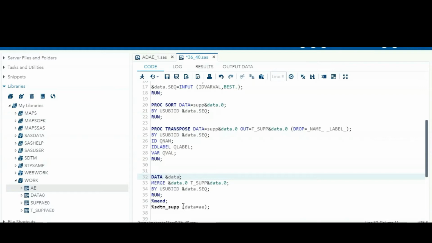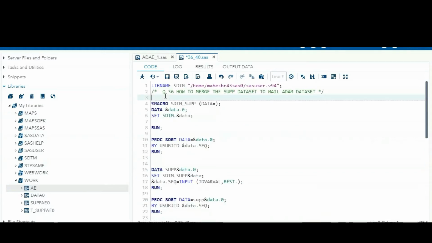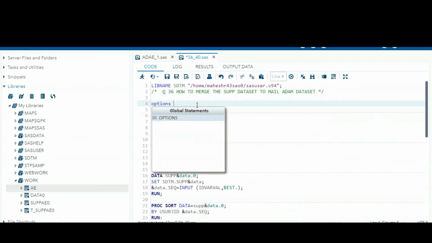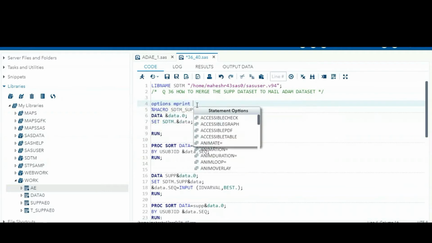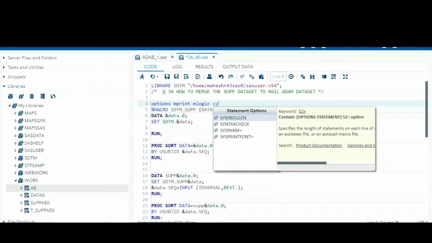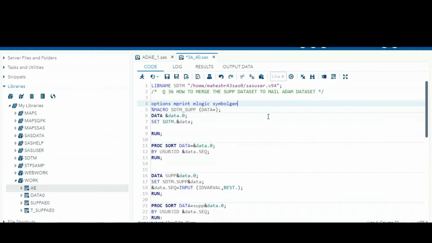If you want to see the macro debugging options, you can write options mprint mlogic and symbolgen.